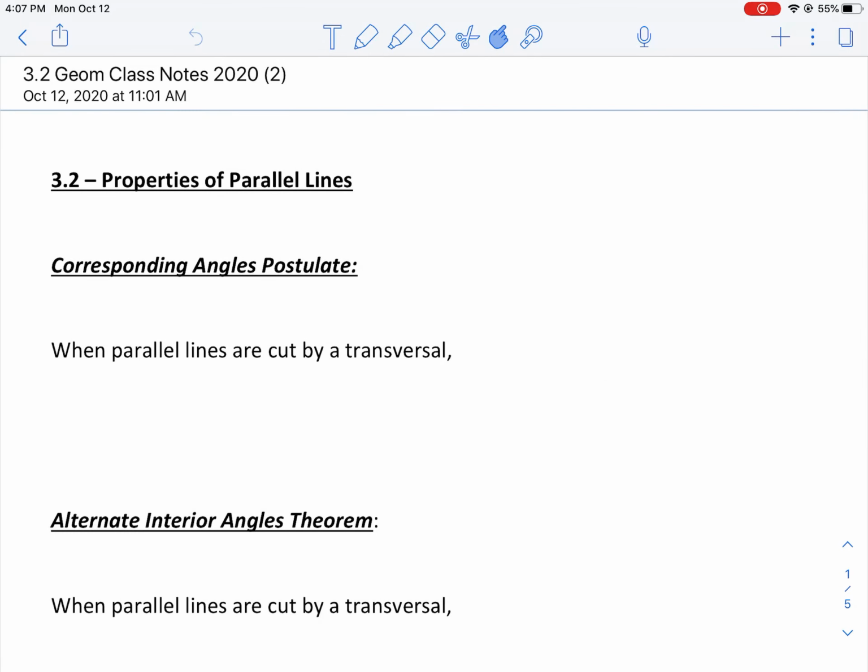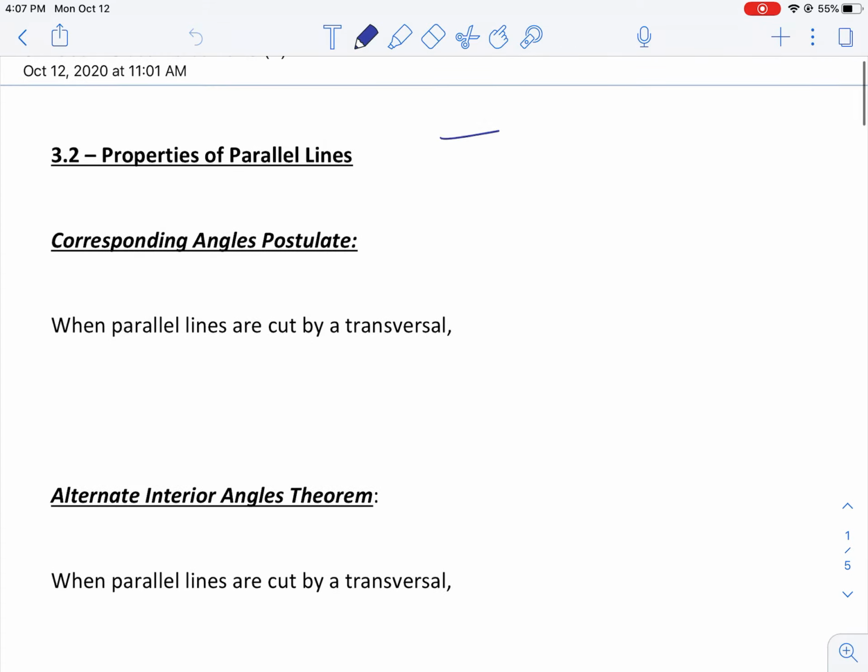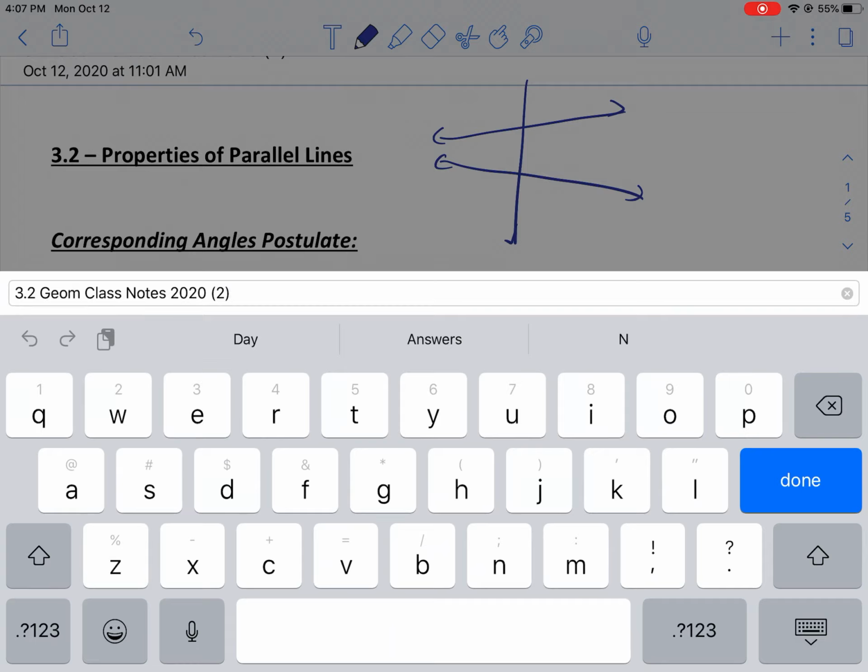This video is about chapter 3.2, which are properties of parallel lines. So in chapter 3.1, we were noticing that if we had two lines that were cut by a transversal, then we created certain angle